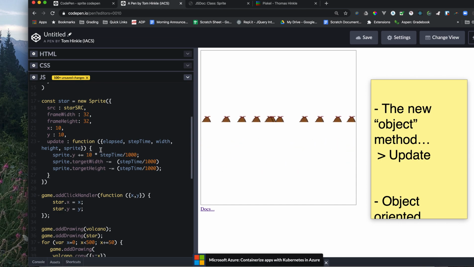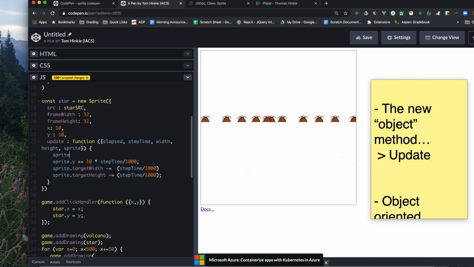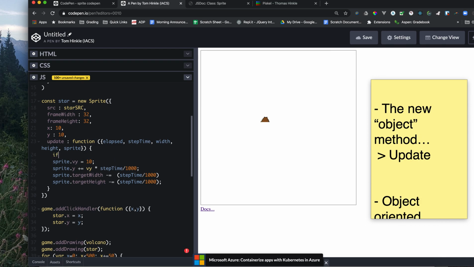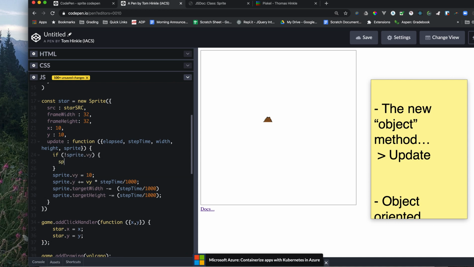I could make there be a new variable. So I can attach a new parameter to the sprite. So I could say Vy for velocity y equals 10 and plus equals Vy times step time. So far that does nothing, but if instead, I add here a thing that says if not sprite Vy equals 20 times math.random,